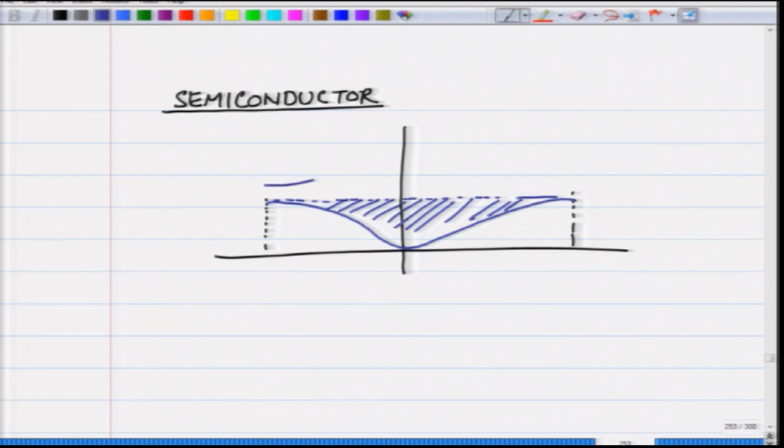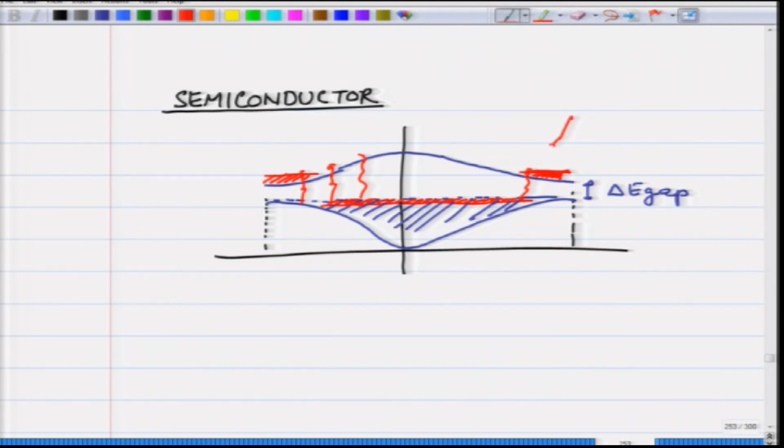however, the next band has this gap, delta E gap, which is very small. If it is small, there could be these electrons going up due to thermal energy. They will obviously reside at the bottom of the band, and they will go from here. So, some part here will become empty. And this is due to thermal excitation. Remember, thermal excitation kBT at room temperature is of the order of 25